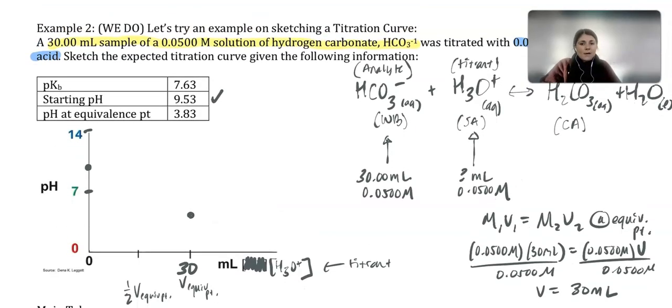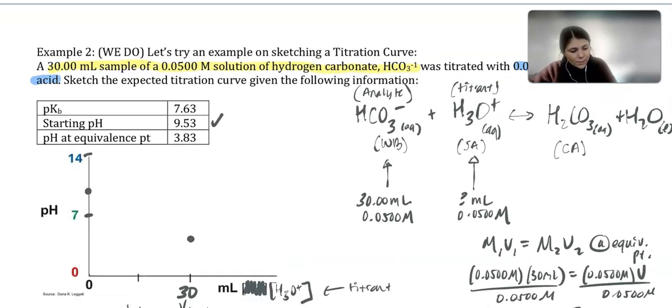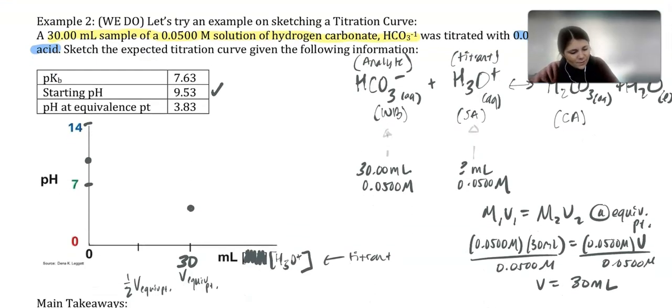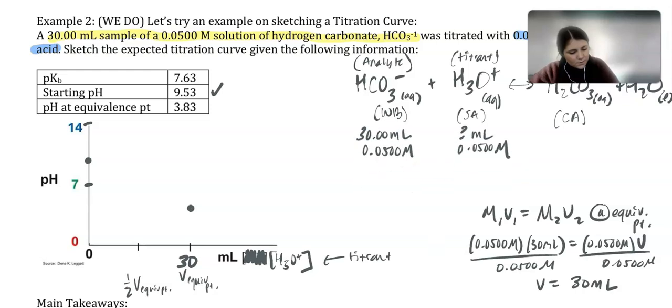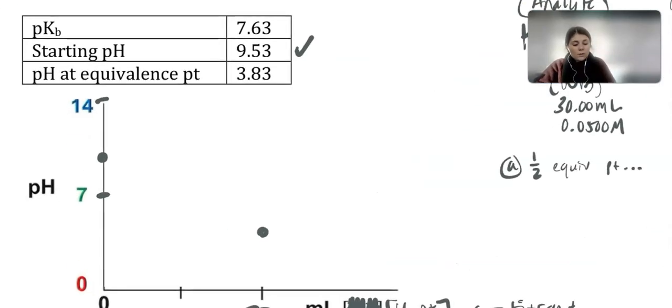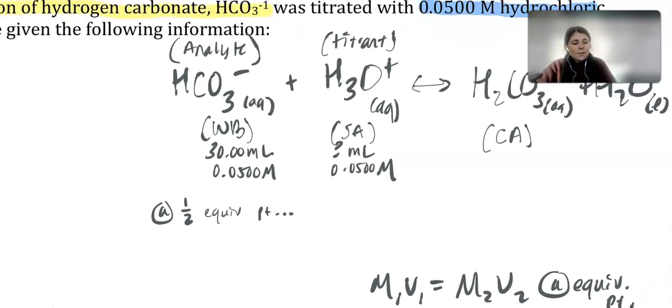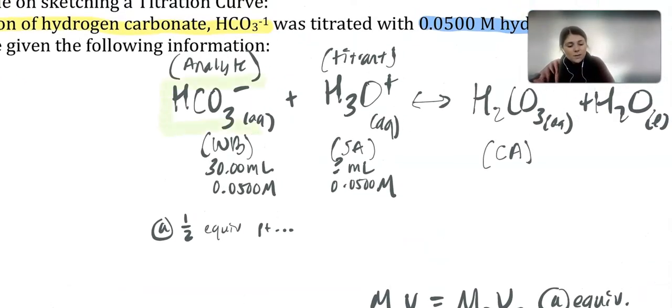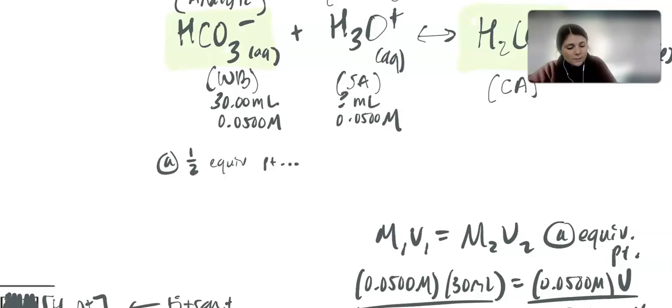So we know at a half equivalence point, I'm running out of room already. Here, I'm going to erase this and add this up here just to give me some more space. So at half equivalence point, please note anything before you reach equivalence point right here, everything over here will be involving a buffer. And remember, a buffer is going to represent my two weak things. My two weak things being the HCO3 minus and the H2CO3. So at half equivalence,